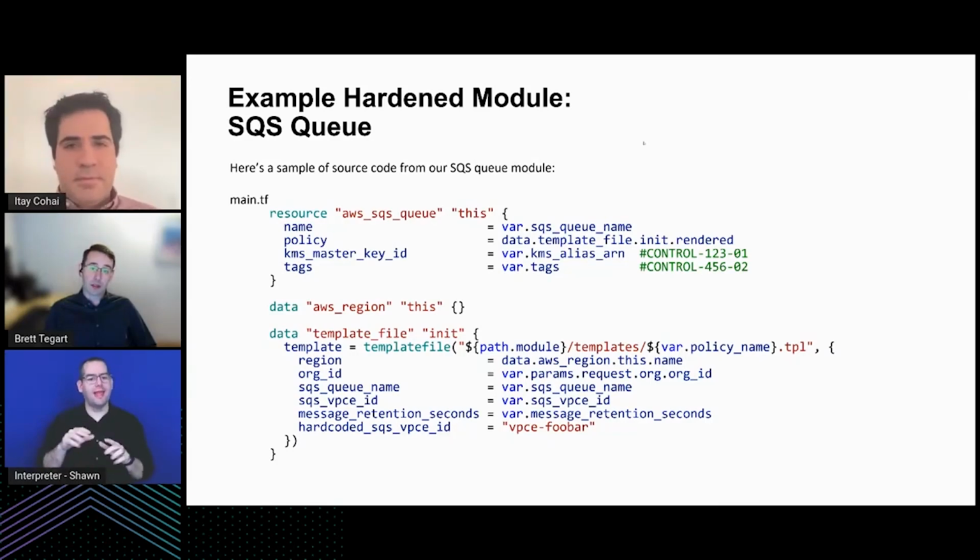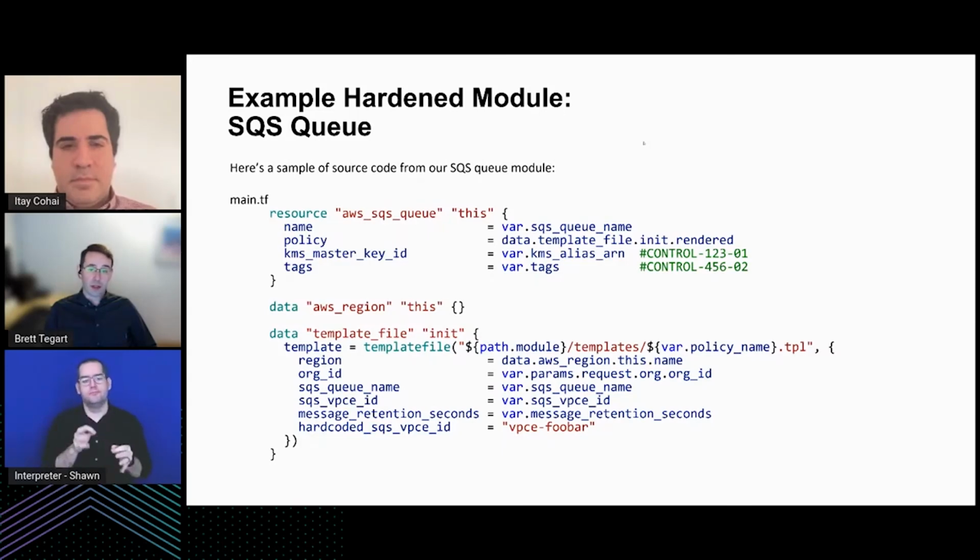Other ways we make these modules secure is by relying heavily on the environment and on the execution context. We make use of sources like AWS data sources or CSP data sources in general to fetch sensitive resources, or resources that would lead to misconfiguration if they were misconfigured by the end user. Things like an AWS region, you could pass it in as a string, but what happens if someone passes in the wrong string? It gets created in the wrong region. What happens if someone passes in a string that would break the environment deliberately or through some form of accident, or was just copying and pasting too much? So by pulling this data from our environment, from the execution context, we're able to be certain that it's deployed